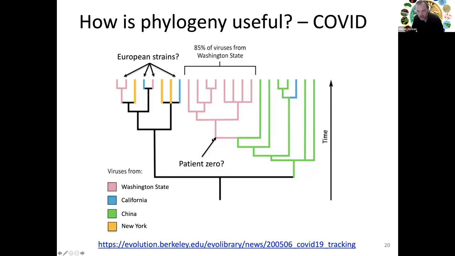And so they took this to be evidence that there may have been a single individual, or a few individuals, that came into Washington state with a Chinese strain, and that strain from there spread like crazy within Washington state. And so there you had an actual Chinese strain that could maybe potentially be traced back to one or a few individuals. Whereas when you looked at the other strains, so we have some other Washington strains here, some New York strains here,